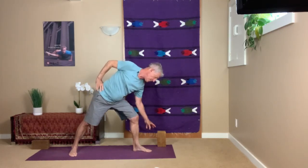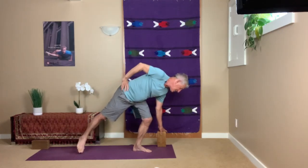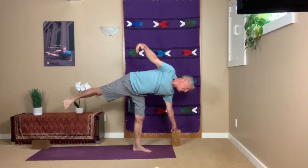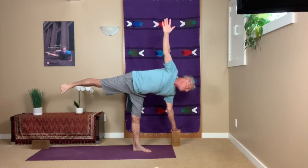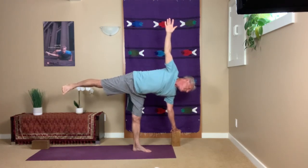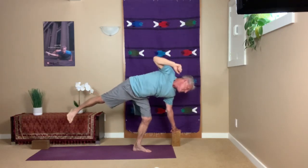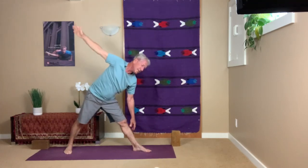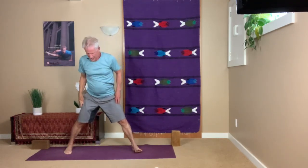I look down, bend the front leg, step forwards and come up into half moon. I move the block with me so it stays underneath my shoulder. My standing leg remains straight, as does my raised leg, perfectly straight. So I should be nearly a right angle at my groin. And then to come out, I'm very controlled, coming down into triangle, inhale, coming up, bringing the feet back